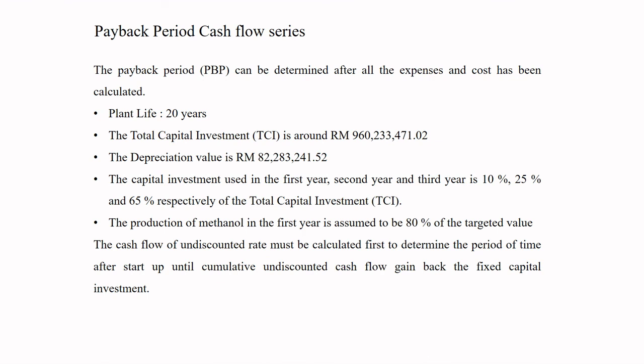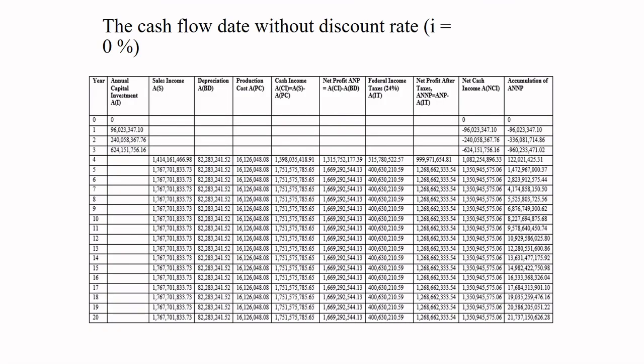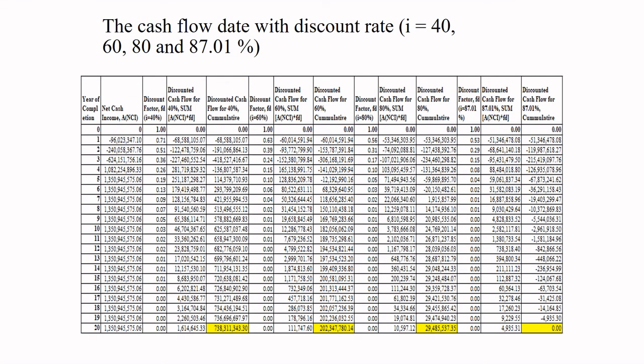The undiscounted cash flow must be calculated first to determine the period of time after startup until the cumulative undiscounted cash flow gains back the fixed capital investment. This table shows the cash flow analysis without a discount rate, where the interest rate equals 0%. This table shows the cash flow analysis with discount rates varying from 40%, 60%, 80%, and